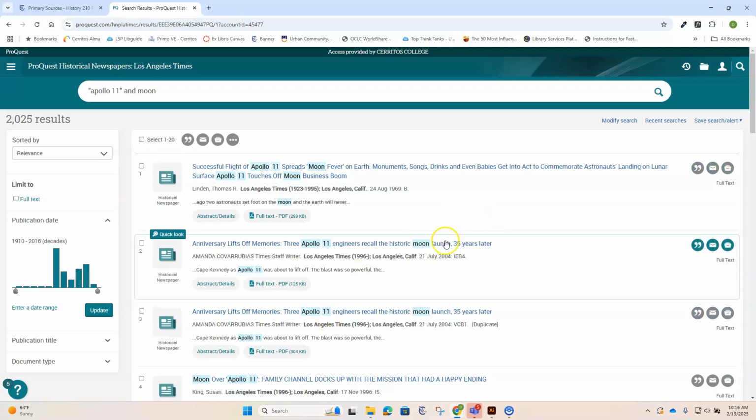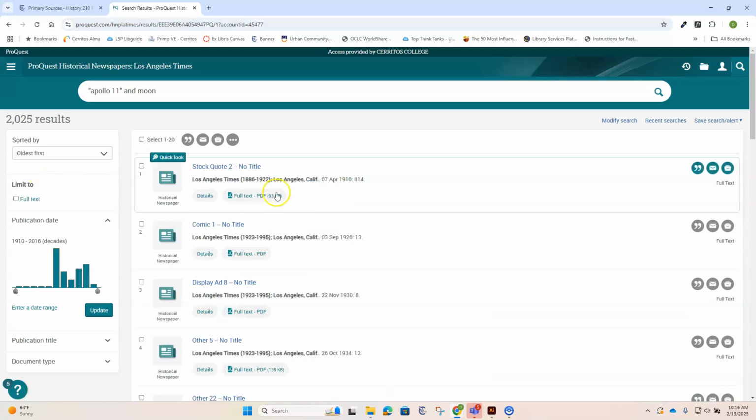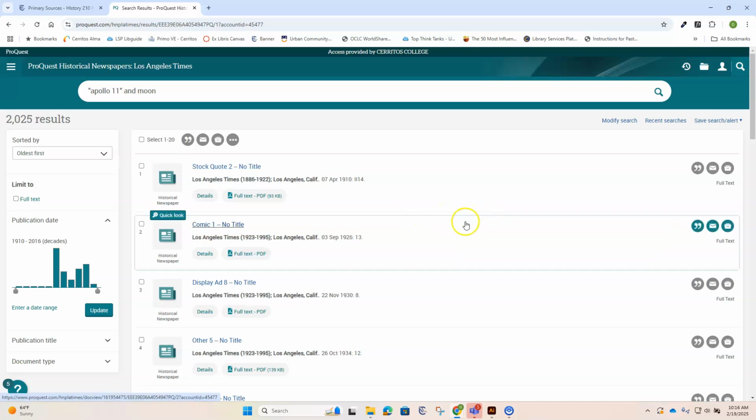So I did get some. This one's from 1969, but this one's from 2004. So what I want to show you how to do is to get only the older articles, or at least to get them first. So on the left, what you want to do is change the sort to oldest first. Now some of these, wow, some of these are really old, so I'm not sure why that is. So we're going to want to make sure we get to the right dates. So what you can do